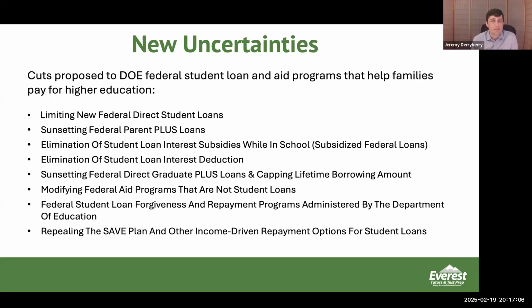If that money dries up, they're going to have to make some tough choices about what programs they continue. You don't want to be attending a program and have it yanked out from under you when you're 2 or 3 years into it. So that's just something to keep in mind. It's hard to say how it's going to shake out right now, but as a parent, before you start to invest hundreds of thousands of dollars into this process, potentially over the next few years, you don't want your child in that position.